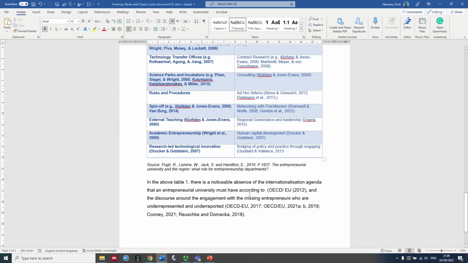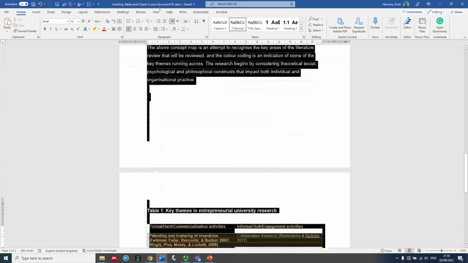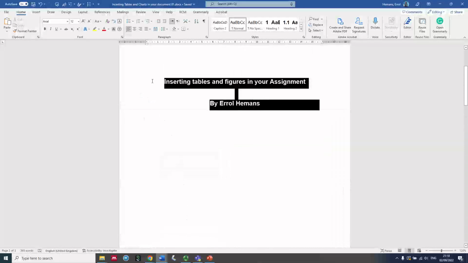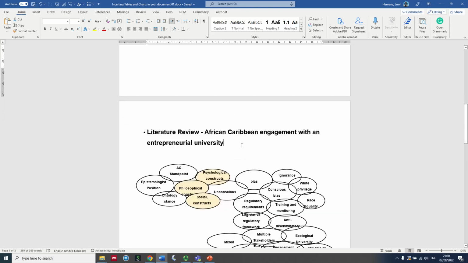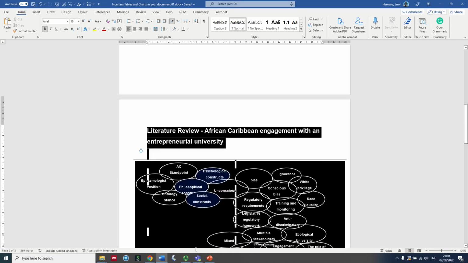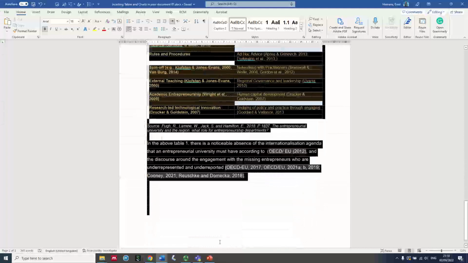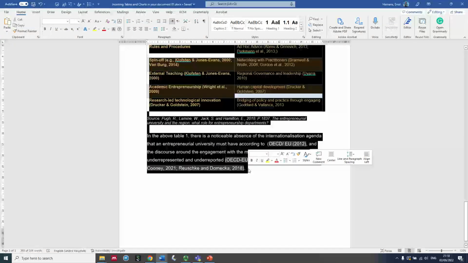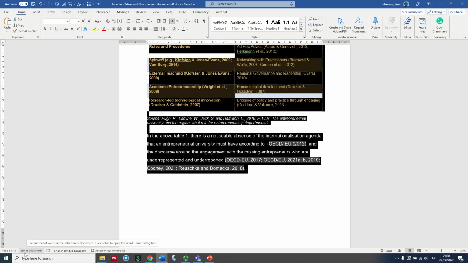So the first thing we want to talk about here is our word count. We go from the end of the document to the start of the document, which is here. If this was our assignment, we would only start at the introduction and go to the end of the document, which would be here. If you look at the bottom left-hand corner, it says the overall word count is 369, but we have only highlighted